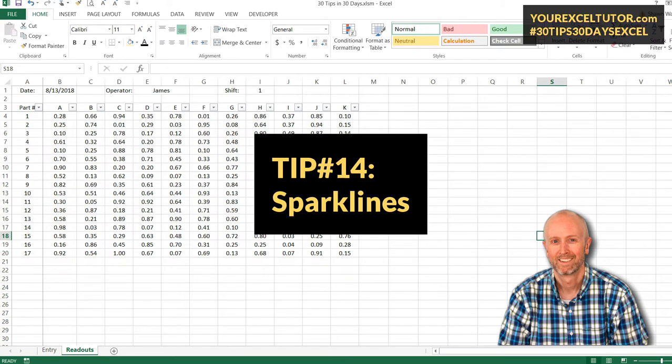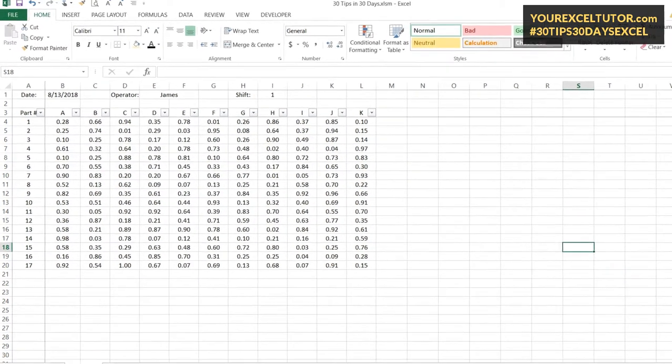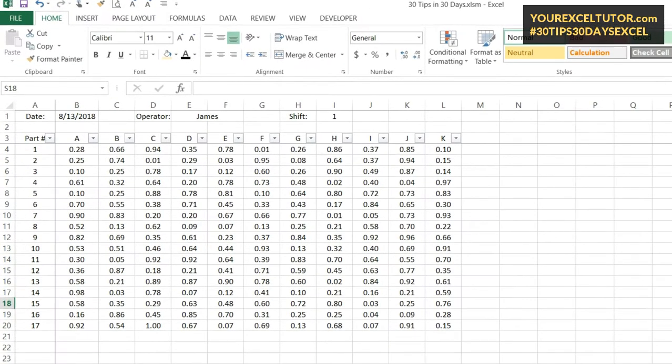And today on day 14, we're going to be talking about Sparklines. So this should be a little quicker lesson. Sorry, the other ones have been a little longer, but there's a little more to them. So this one's fun. If you have Excel, I believe it's 2010 or later, you'll be able to use this. If you have earlier ones, there's ways to kind of hack it using graphs, but the whole idea of Sparklines